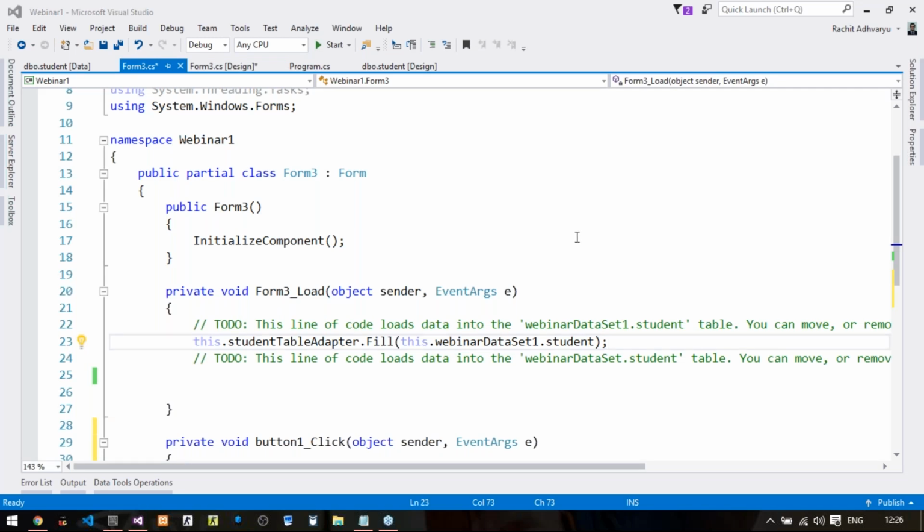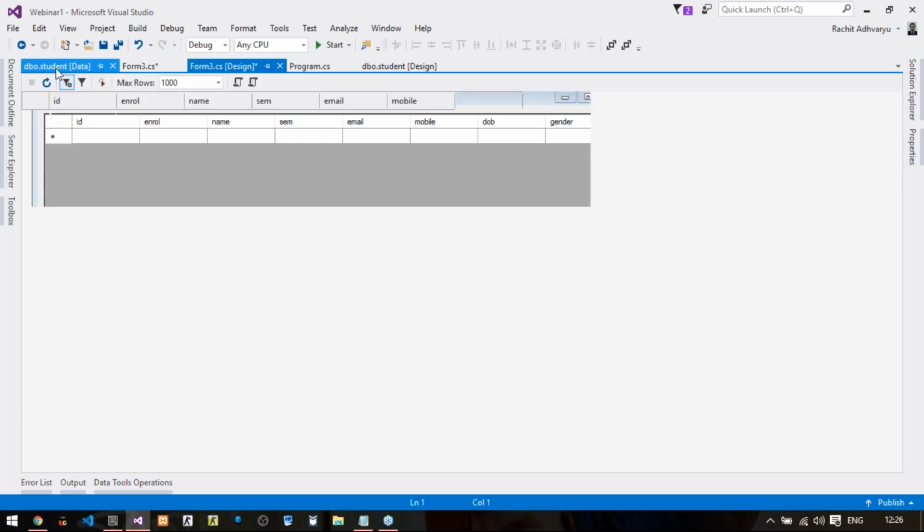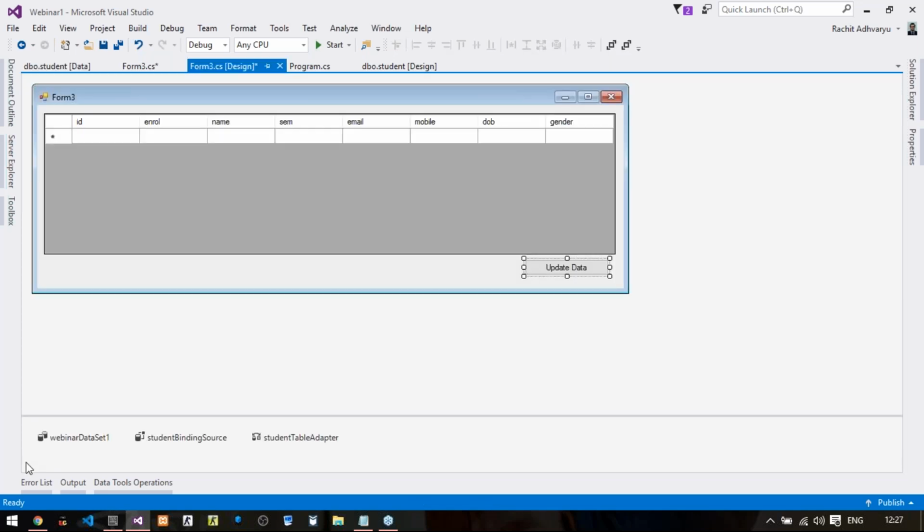Okay, I'll repeat all these steps again. What I want to do is insert a record, update a record, or delete a record using one button click, and all those things must be reflected in this database. So for that, I have taken one button, and to do all such operations, I'll require three things. The first is the data set. That data set will have the table that I want to display here.